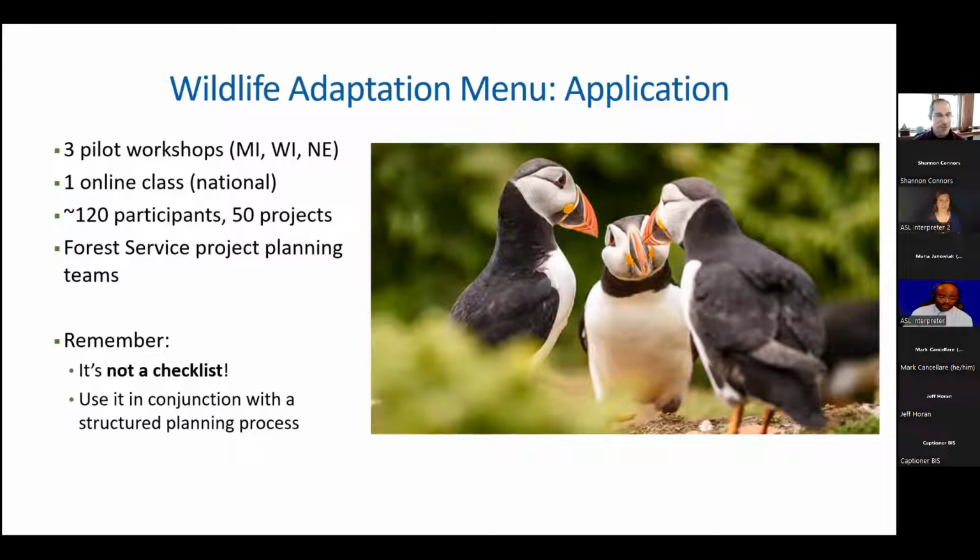And again, I'll say don't view it as a checklist. We call it a menu because it is supposed to help you understand your possibilities, but really it's on your professional judgment and expertise as a wildlife manager to pick and choose what makes the most sense and to use the menu as a help, as a way to assist you to express your intent or find maybe new ideas that you hadn't considered before. And whether it's the adaptation workbook or another structured planning process like RAD, we think the menu can still be really valuable to flesh out ideas that are more specific and help people realize possibilities.